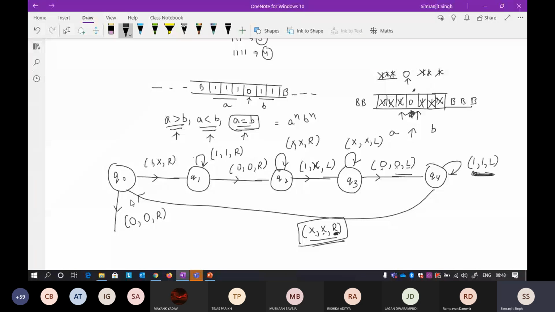Now you are standing at 0 0 R, because all your ones are over. So when you find an x, you move towards the right. Okay, so when you move towards the right, you will immediately get a 0. Okay, so because all the x's are over, there is no one when you start here, because the previous step was that there is a 1, there will be a number of x's in this place. When there is a 1, keep the 1 and move towards the right. Okay, so that was the step.